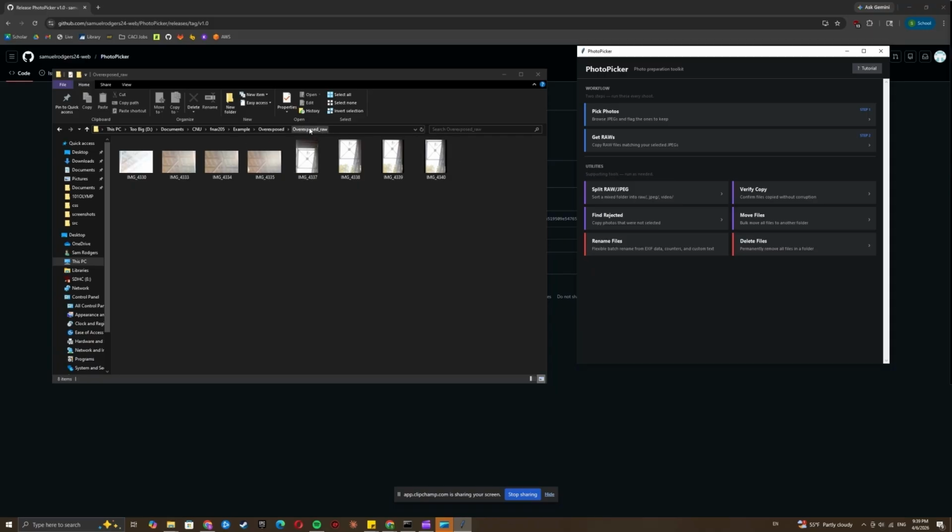But I would probably take this final folder to editing. That's where I might rename the files. You can do batch renaming here. Some other stuff. The rest of it's kind of self-explanatory once you get used to